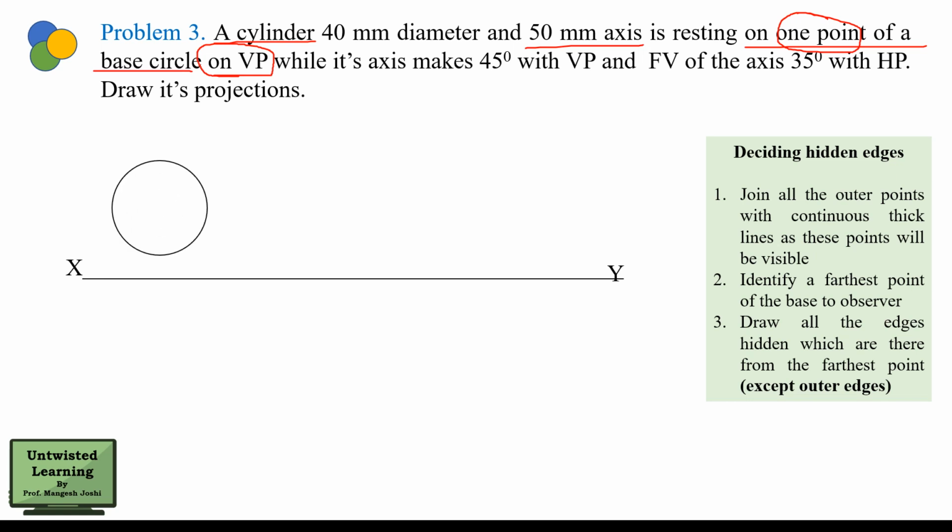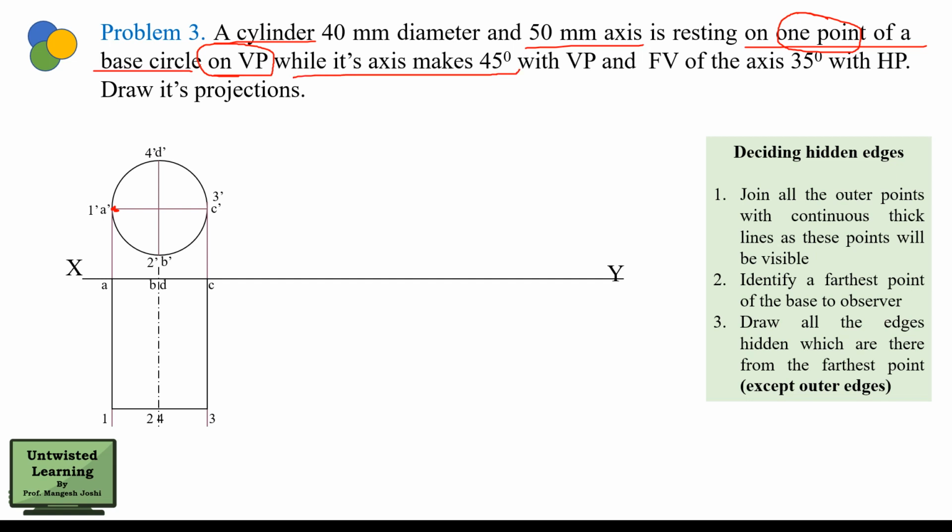So since it is a cylinder case, the front view and top view will be a circle. Now there will be 2 points, one point of the base and one point of the top. Then you will transfer the cylinder. So you have drawn the front view, then you will project to obtain its top view. So you can see ABCD is used here on the base and 1, 2, 3, 4 is used on the top.